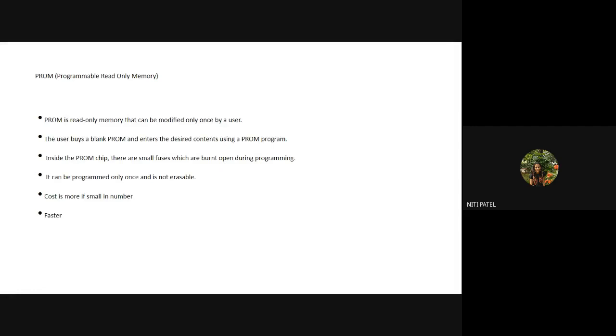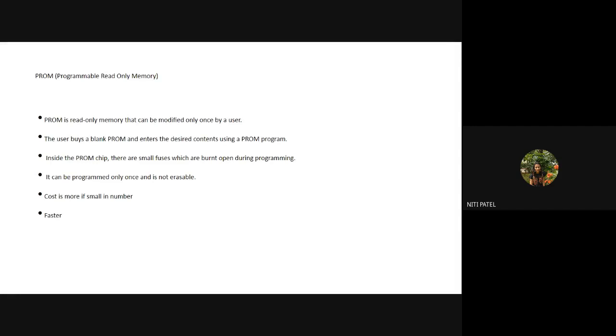Only once. The one who writes the contents in your ROM is the manufacturer. If I have bought a ROM from some company, say IBM, who is going to write the contents into your ROM? It will be the manufacturer of the company IBM. That person writes the data into your ROM and inserts it into the system, and then it is delivered to the shops from where you buy.